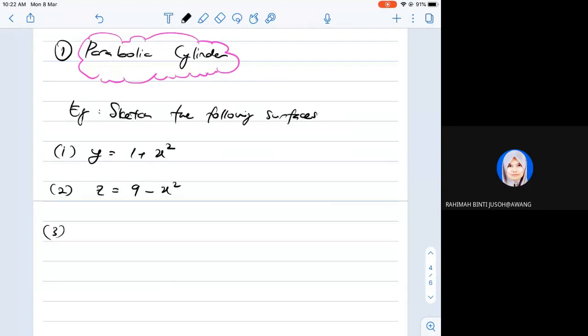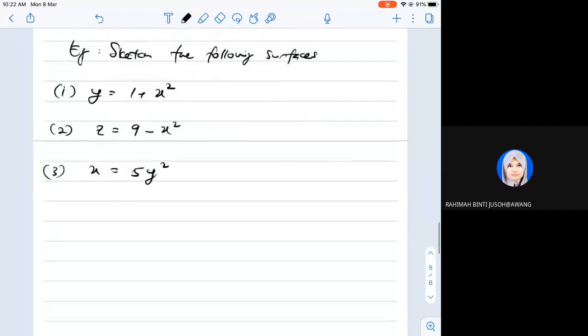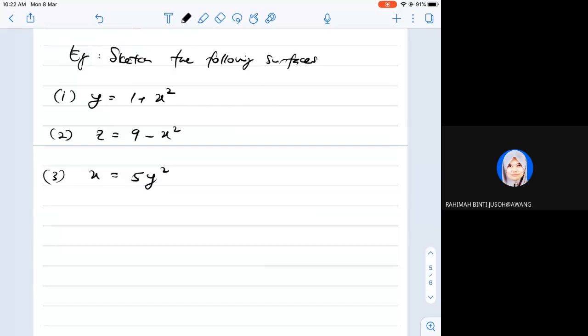And then number 3, let's say we have x equals to, let's say, kita ambil 5 lah, 5y squared, macam tu. So 3 equations. Alright, now guys, when you encounter this type of equations, solution,